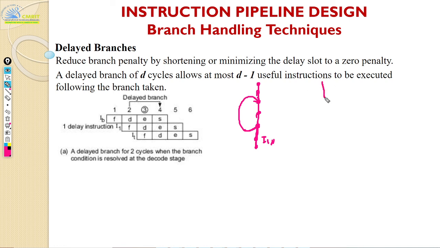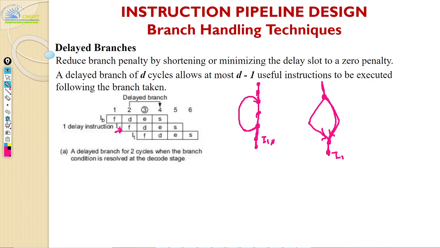It could also be something like this, right? So you actually branch and then somehow you'll merge somewhere here. So this could be some instruction. Now if this is the actual program flow and this is the branched out one, eventually they will merge somewhere, and there could be one instruction that will definitely be executed whether the branch is taken or not. You bring that instruction and insert it into the pipeline here, so that whether the branch is taken or not taken, your instruction need not be flushed. So that is the idea.